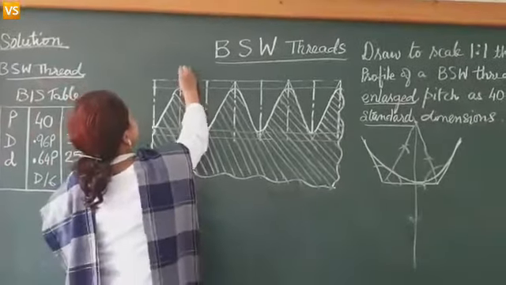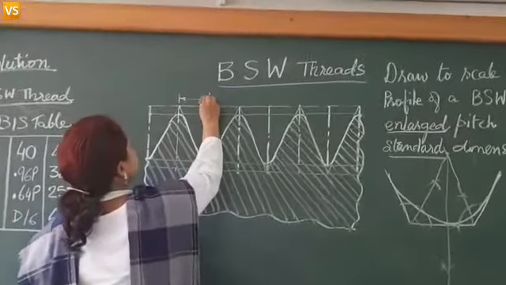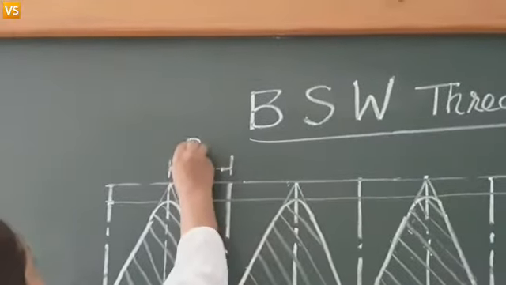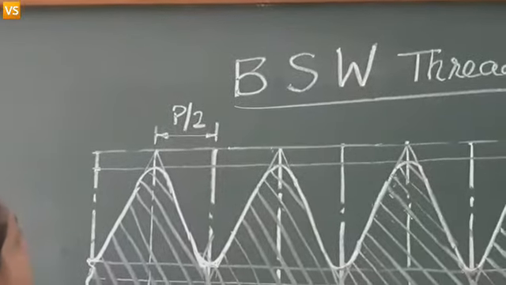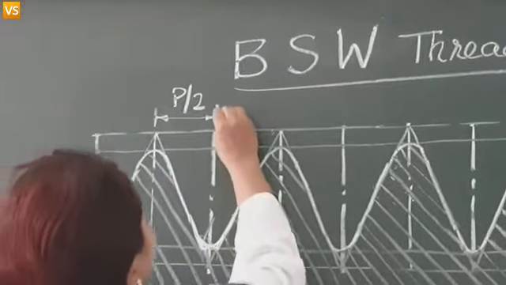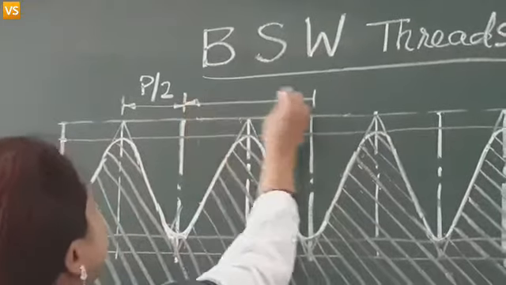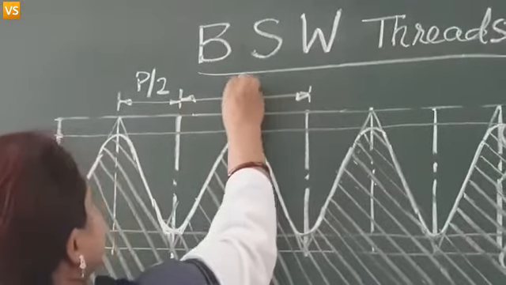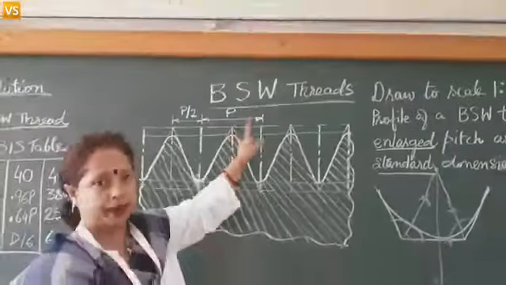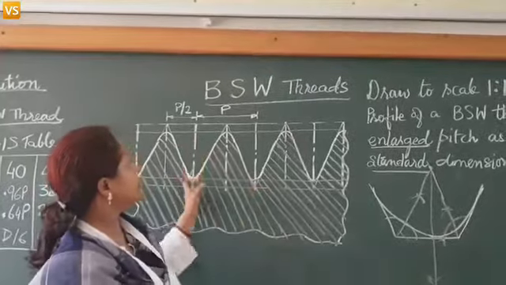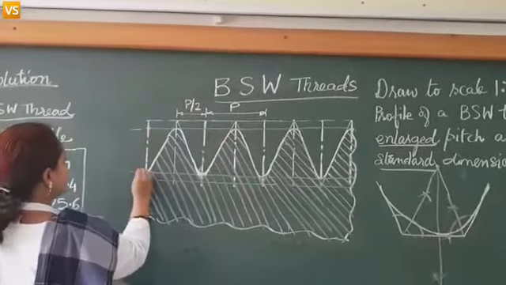See, this is, you can see I do not have to, this is p by 2, I do not have to fill the arrows. They are easily made. Now, this is root to root distance and I am labeling it as p. I could have labeled crest to crest distance as p. Similarly, root to root distance is also p. Now, I will write down all the other dimensions.